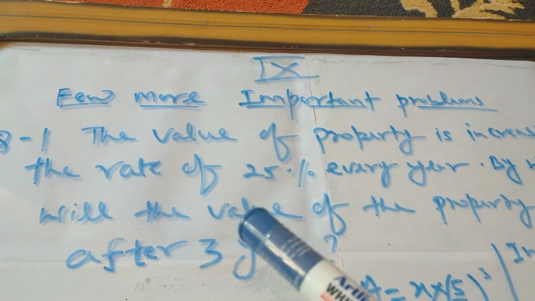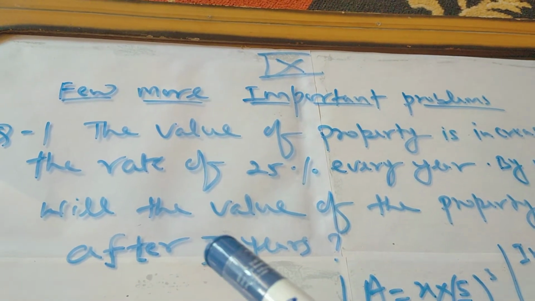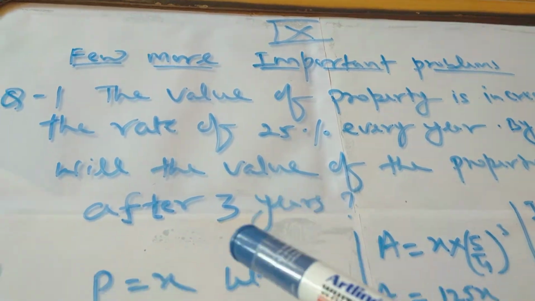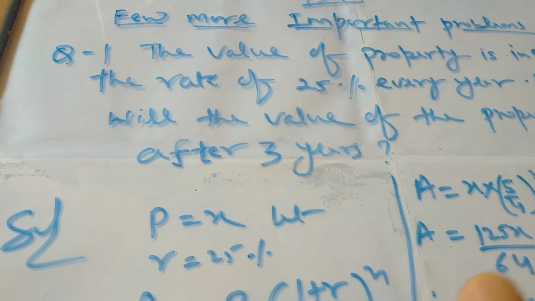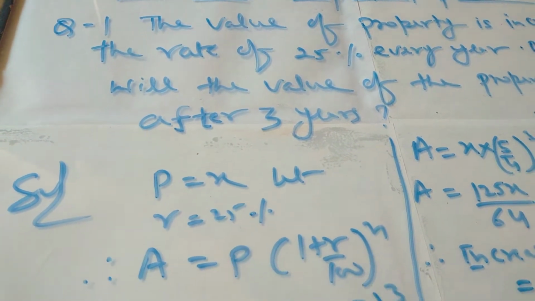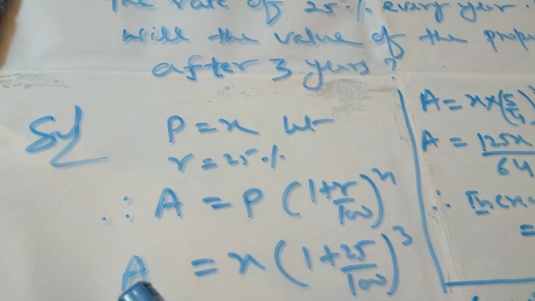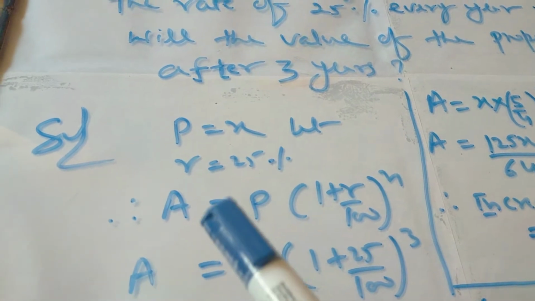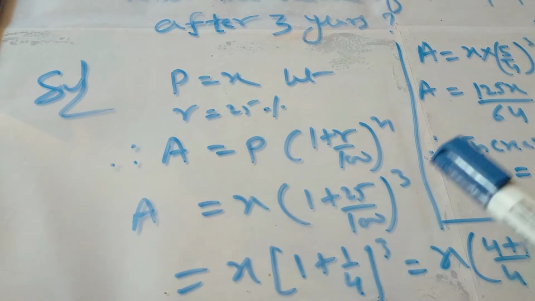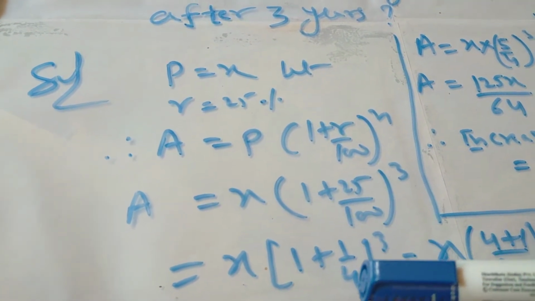So, first of all, we have to find what will be the value of the money after 3 years. But the present value of the money is also not given. So, first of all, I have assumed that the present value of the money is x, rate is given 25%. I applied the formula of appreciation, and through this formula, I am going to find what will be the value of this principal after 3 years. So I solved it by the table of 25. I simplified this. It has become 1 by 4.